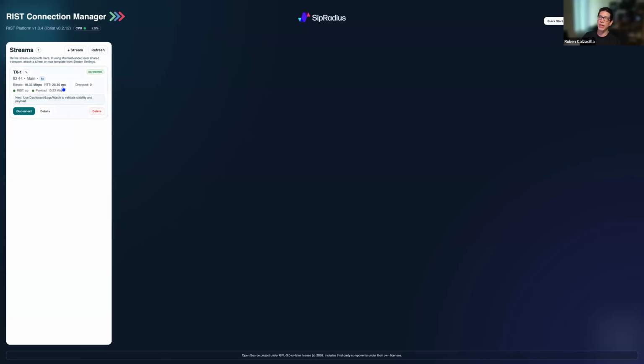So it creates a card on the sender that has all the description of what you're doing. This is a TX1, that's the name we gave them. Main profile, this is a TX, this is a transmitter, and you have the ability to see if it's connected or not, the payload, and RIST is up, meaning that the RIST connection is established. You have the RTTs, and if I go here, sorry,